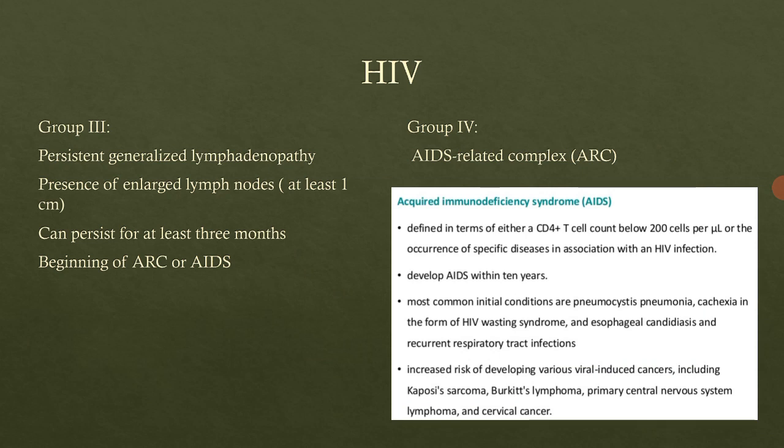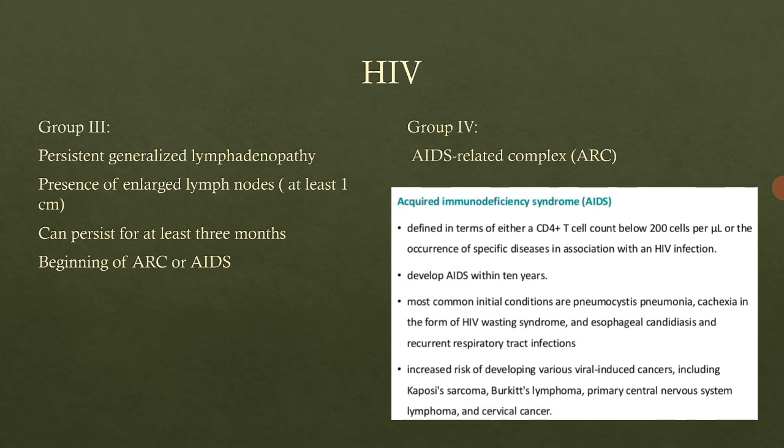Okay, that can develop AIDS within 10 years. Now the most common initial conditions are pneumocystis pneumonia, then cachexia in the form of HIV wasting syndrome, esophageal candidiasis, and recurrent respiratory tract